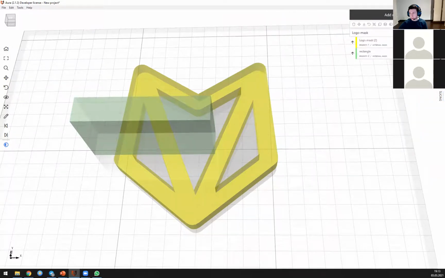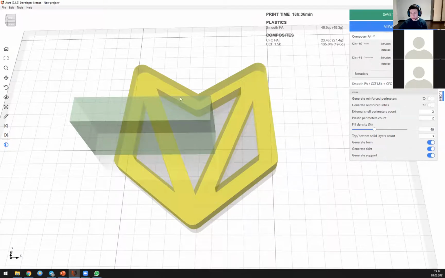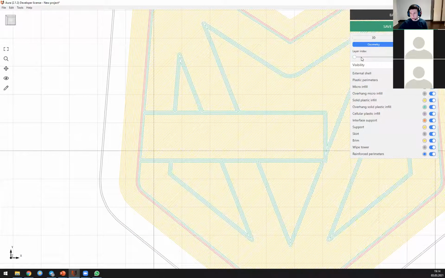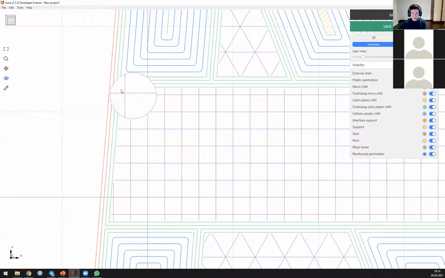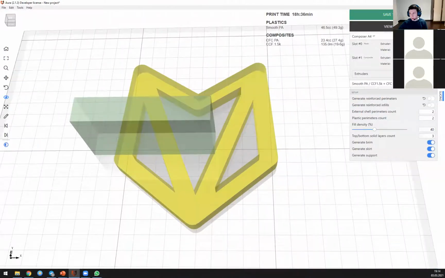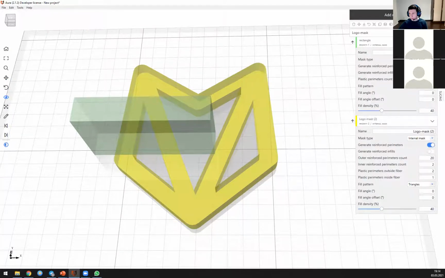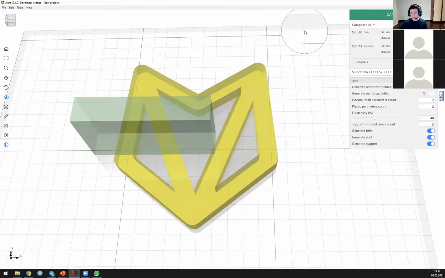So another thing that I want to show you is the difference between full masks and internal masks. When I have this rectangle as an internal mask, that means that this mask shares the external shell and top and bottom solid layers with the main model. So as you can see, the external shell for the mask and for the main model is the same. But if I turn this to a full mask, I can additionally specify the number of external shell perimeters and the number of top and bottom solid layers. And this way,